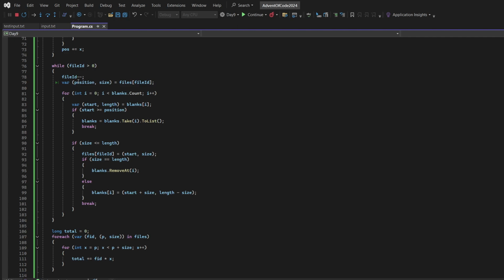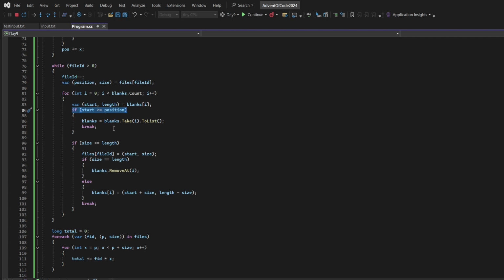Now we actually have two conditions here. If the blank's starting index is greater or equal to the file's position,